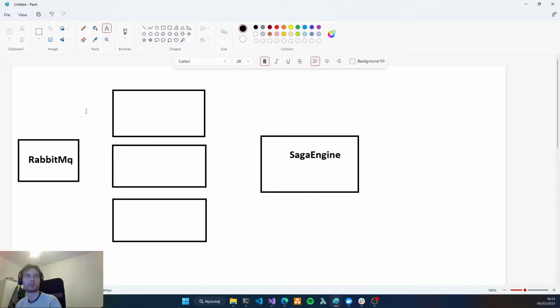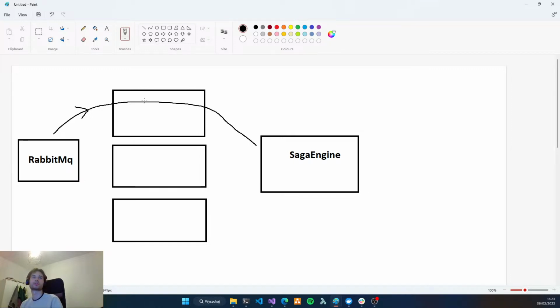So let's start with, okay, so first step, it's retrieving a message from RabbitMQ, and this is our plugin.